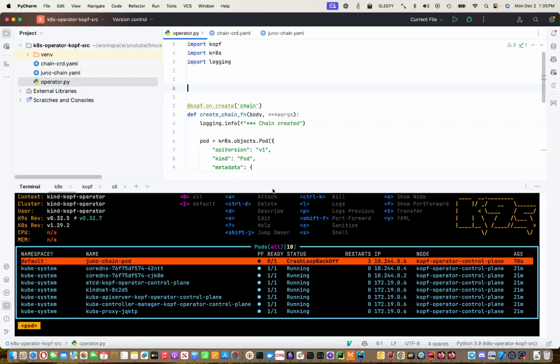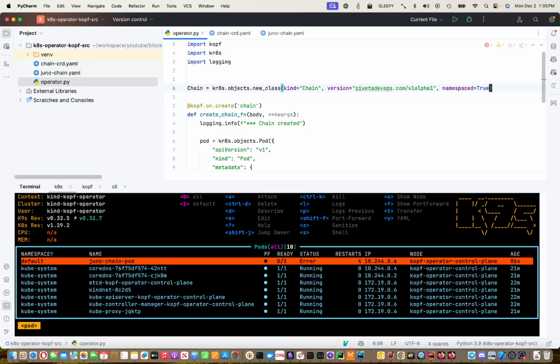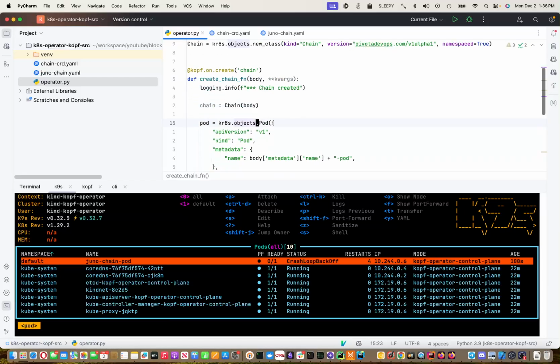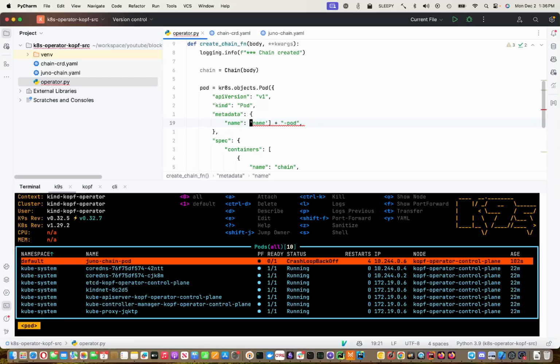define a resource, which is chain. So chain, yes, new class. Class will be chain, and the version will be, what's our version? Pivotal. Yep, namespace true. Yes, this is correct. So we have a chain. And now what we can do is, when we start here, we can go chain, we can create a body, start making it a little bit more